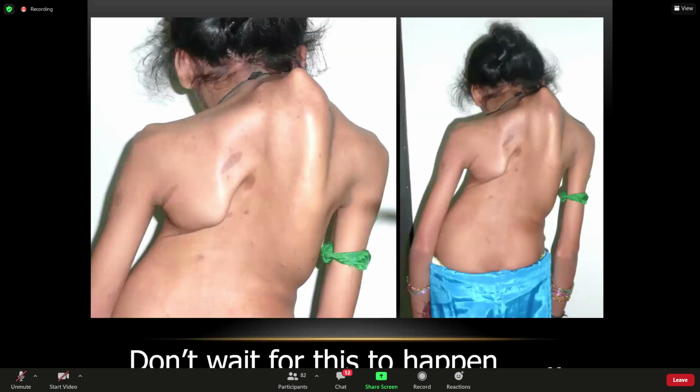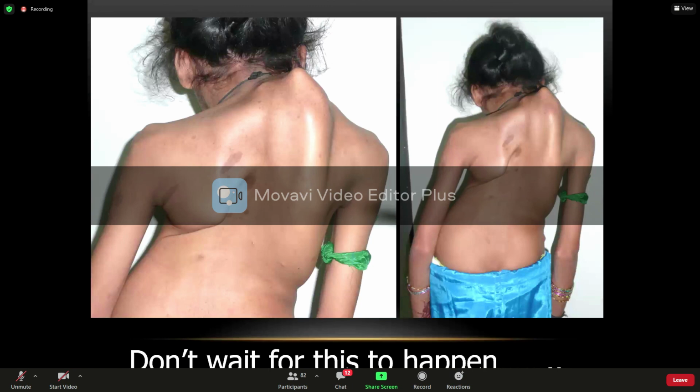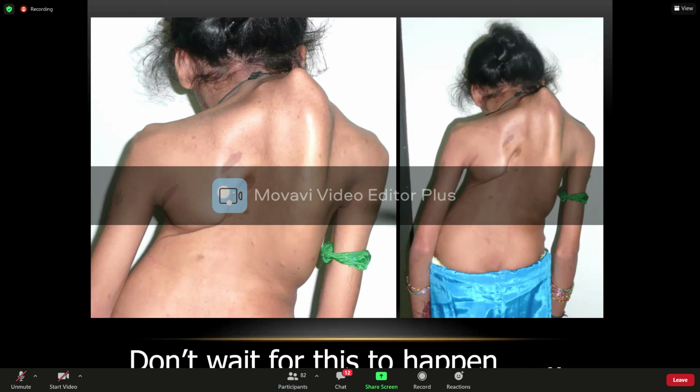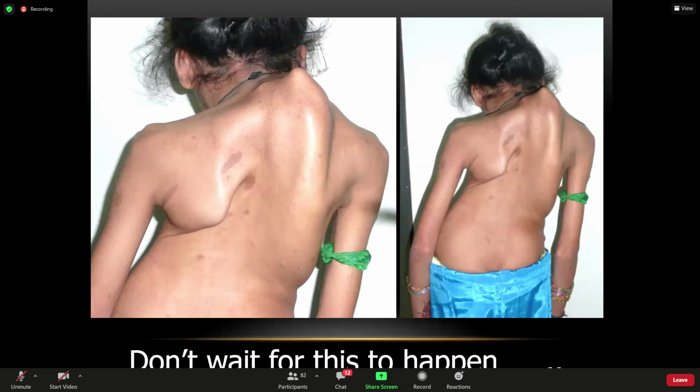So this is what you don't want to happen. This is a girl who had a small scoliosis when she was around 10 years old. She was seen at many places, and she was told that nothing can be done till she becomes 18. Then she became 18, her parents brought her to Bangalore, and this is what she looks like now. She's completely inoperable. She's got a very bad deformity, and her lung function has deteriorated so badly that she's not able to withstand a major surgery. So this is what you don't want to happen. That is why I say, please refer them early for surgery.